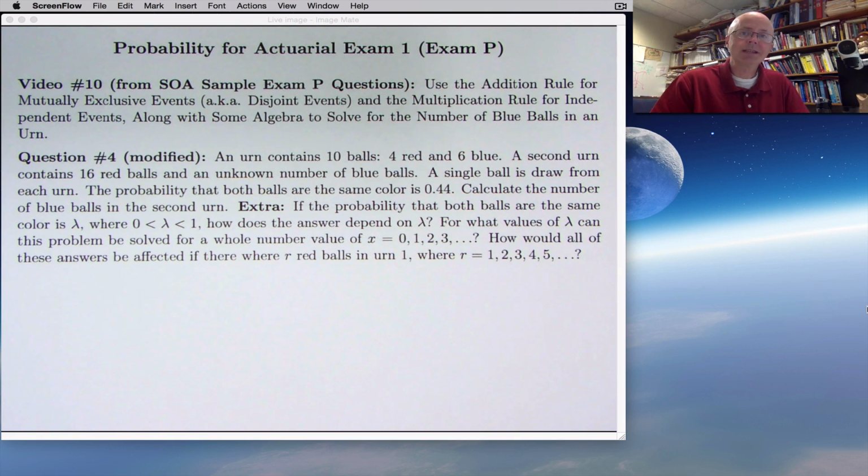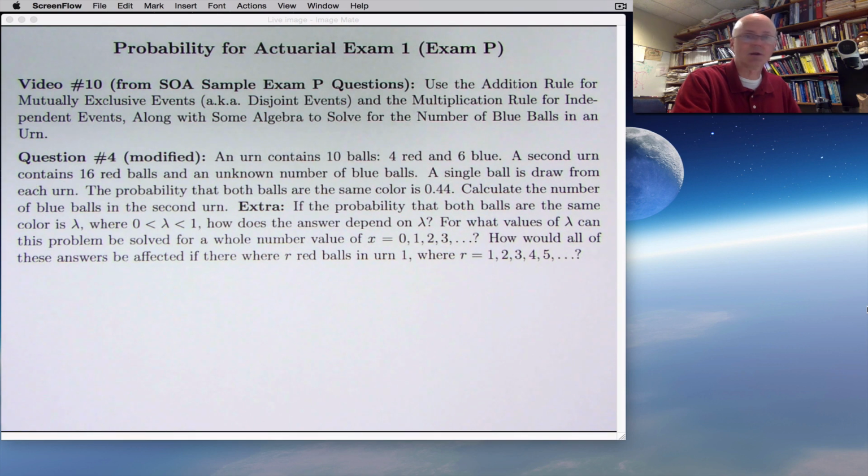Hello. As you can see here for video number 10, we're going to be going back and doing a modified version of question number 4 from the online sample exam problems for Actuarial Exam 1, also called Exam P. We're going to be using two rules that we have talked about that are really important: the addition rule for